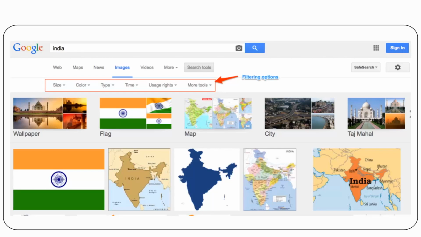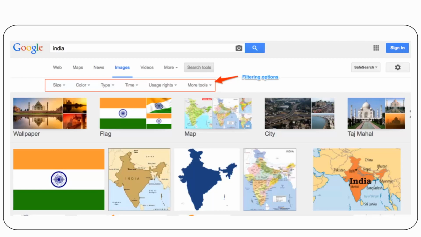and the usage rights, etc. So how has this become possible? Because while storing the images, other attributes of the images are also stored, like the size of the image, what colors are present in the image, and the type of image.